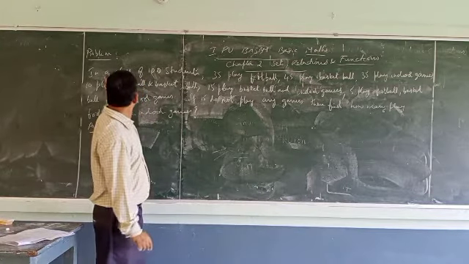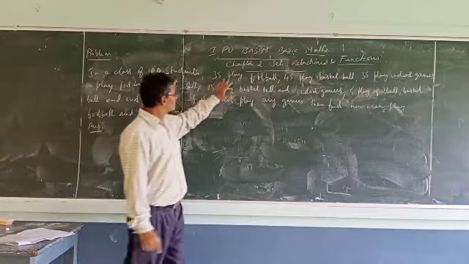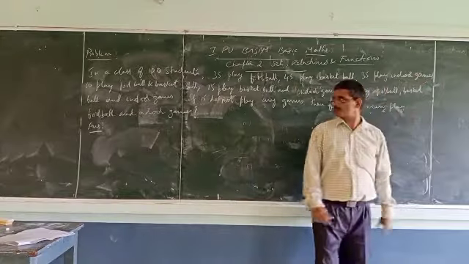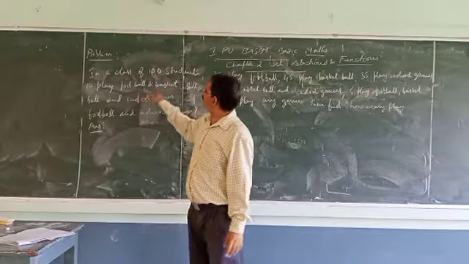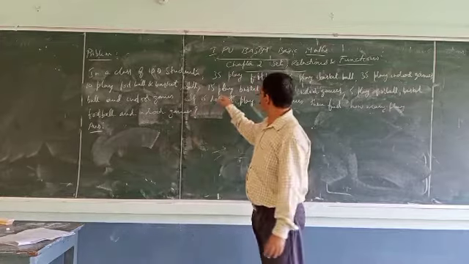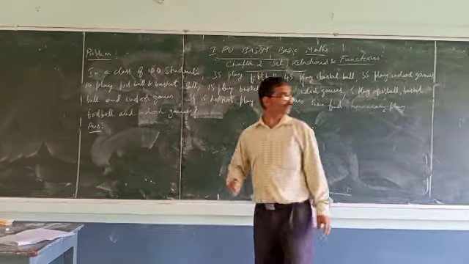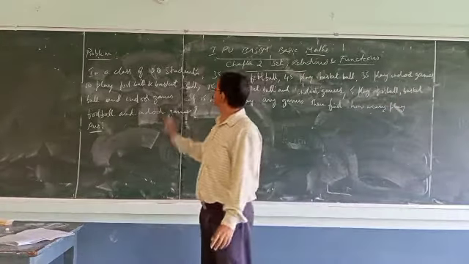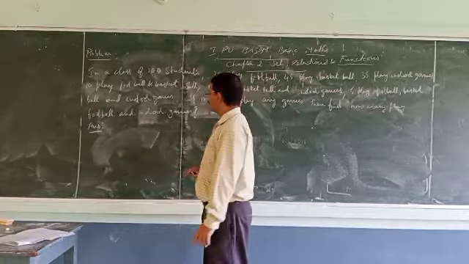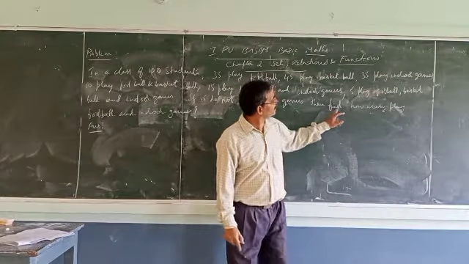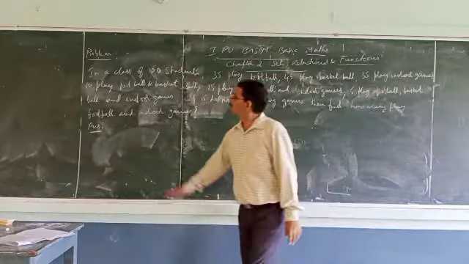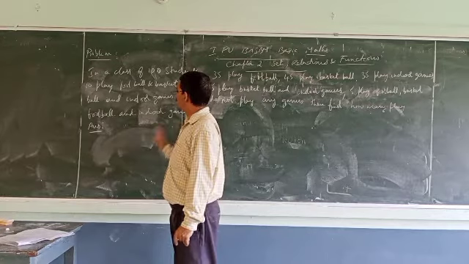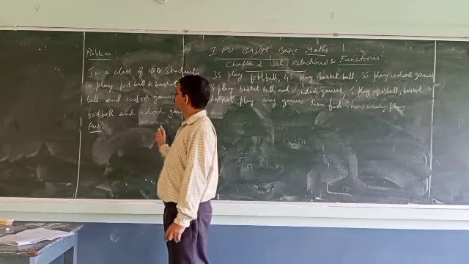The next problem is, in a class of 100 students, 35 play football, 25 play basketball, 35 play indoor games. 10 play football and basketball, 15 play basketball and indoor games, and 5 play football, basketball and indoor games. If 15 do not play any games, then find how many play football and indoor games.